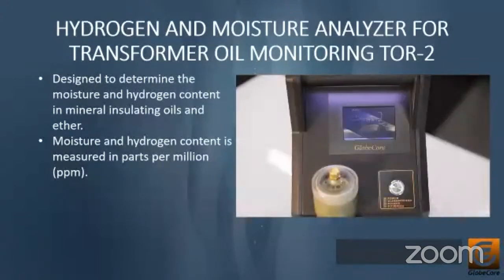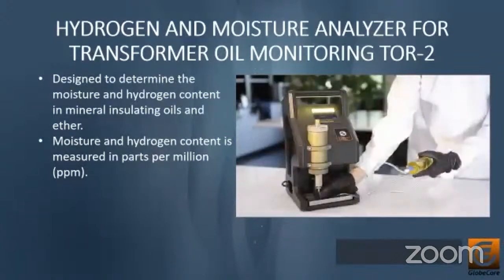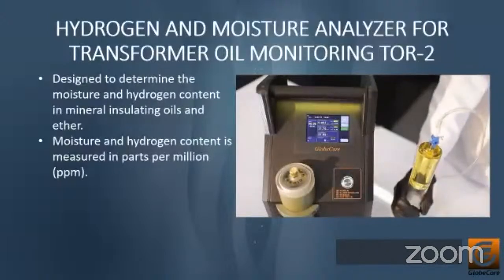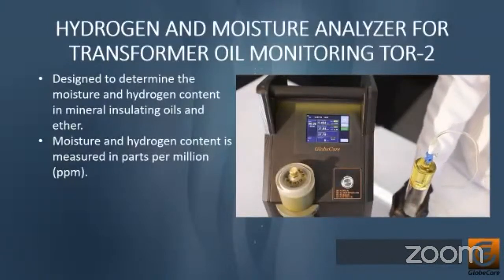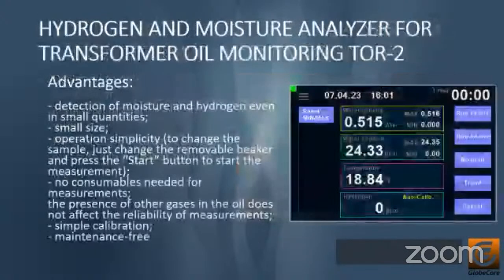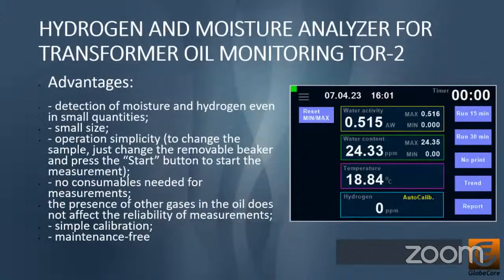You will see the information on the screen, but you can also print a report of the measurement with this equipment. And we have really intuitive commands and the equipment is really easy to use. And we have